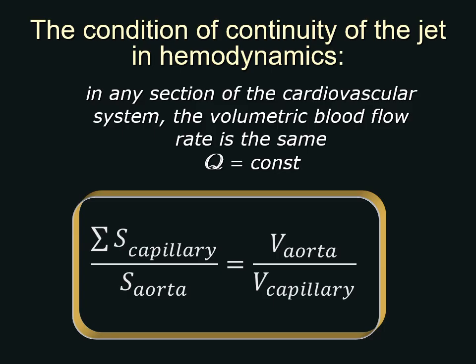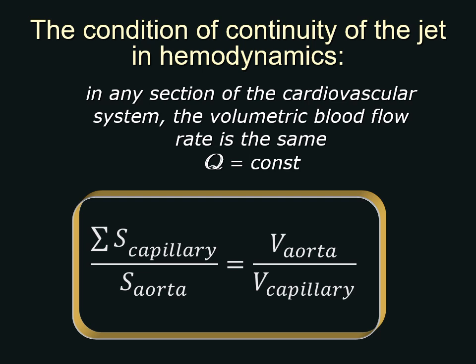That is, the area of all capillaries is about 800 times the cross-sectional area of the aorta, and accordingly, the speed of blood flow in the aorta is also 800 times greater than in the capillary. The ratio is approximate, since the conditions of